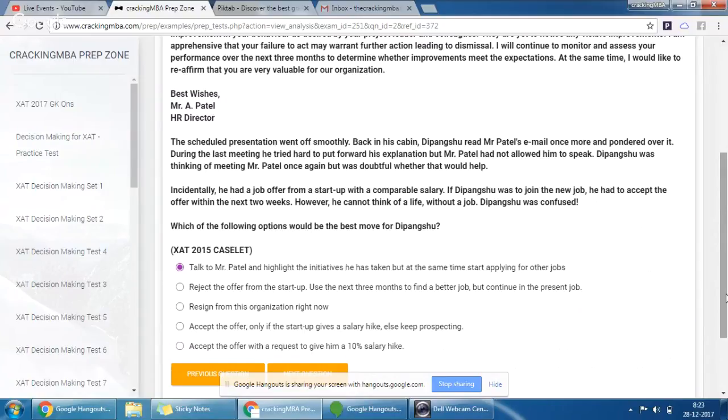Okay, I think option E is the correct answer. So Rohit, even I agree option B could be the correct answer. Reject the offer from the startup, use the next 3 months to find a better job or continue in the present job. That also looks like a good option, option B. But I think option A is definitely better over option B because at least option A is doing the same thing, right? It's rejecting the offer, speaking to Patel and trying to start applying for other jobs. It's still the same thing, right? So option A is better over option B, but I think the official answer is option E. So yeah, options B, C, D are out. So basically A and E, and I think E is